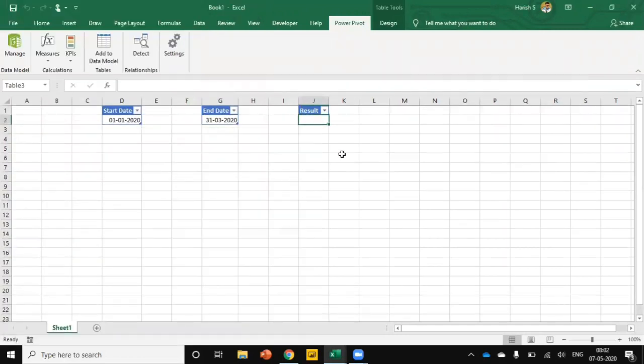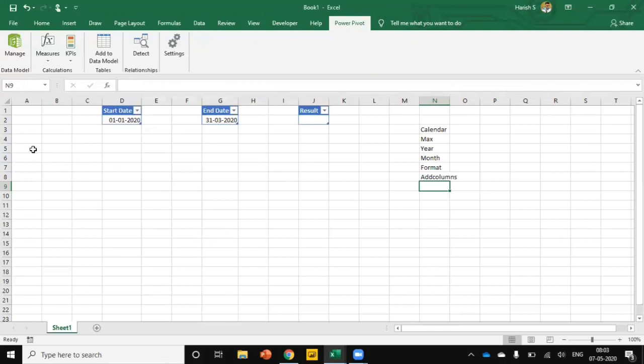For creating a dynamic table, we are going to use a few functions. I'm going to start with CALENDAR. CALENDAR is a DAX function. We are going to use this DAX function, and I'm going to use the MAX function, the YEAR function, the MONTH function, and finally the FORMAT function. One more function, ADDCOLUMNS. So these are all the functions we are going to use for creating a dynamic table.